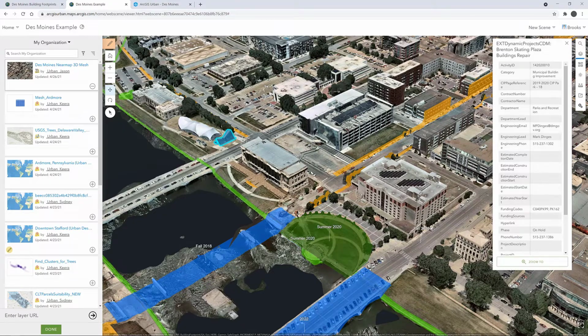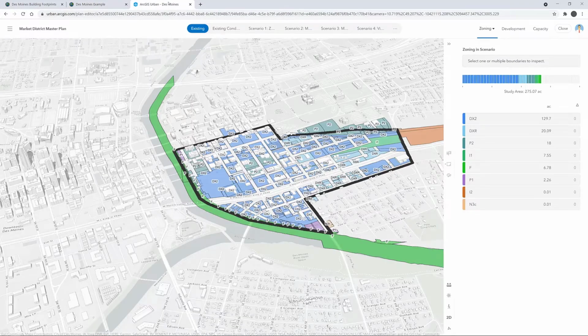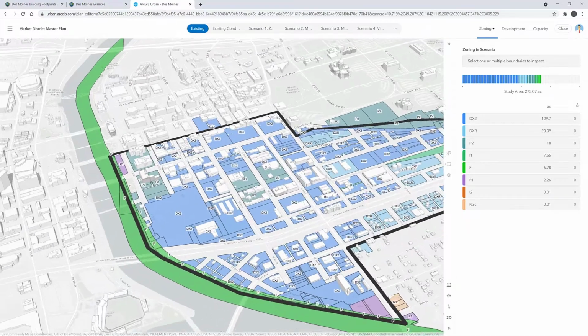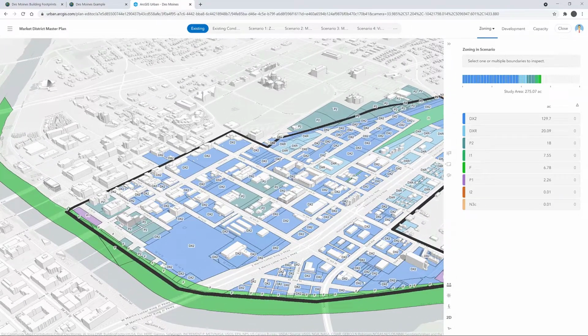So this is really exciting and allows for a lot of flexibility. And this 3D base map can be used in a wide range of workflows and applications, such as ArcGIS Urban, which we'll be going through today. ArcGIS Urban, as I mentioned, is a 3D scenario planning software, and we designed it to work with any of these 3D base map types, alongside other layers such as zoning and land use,